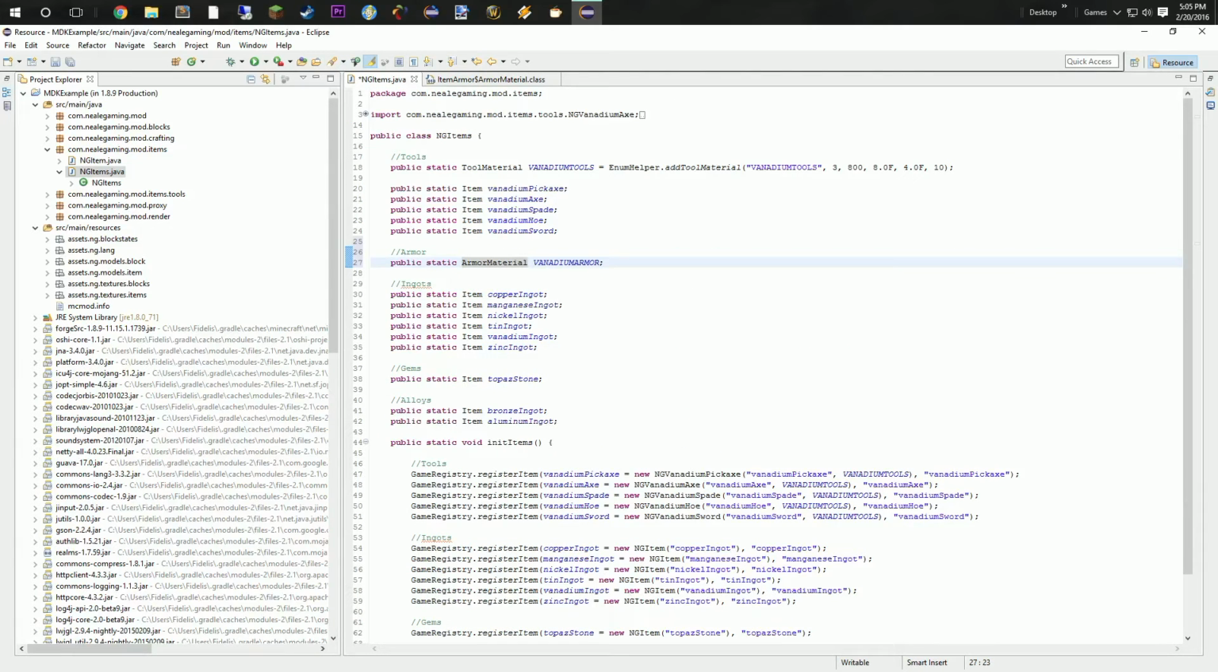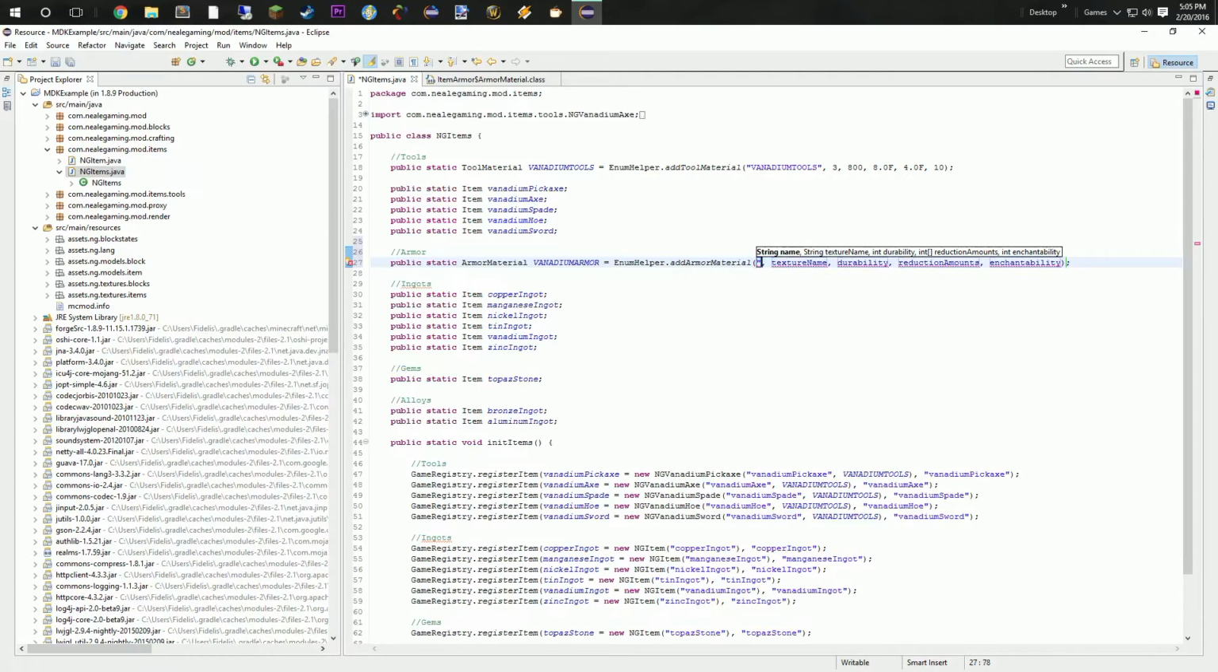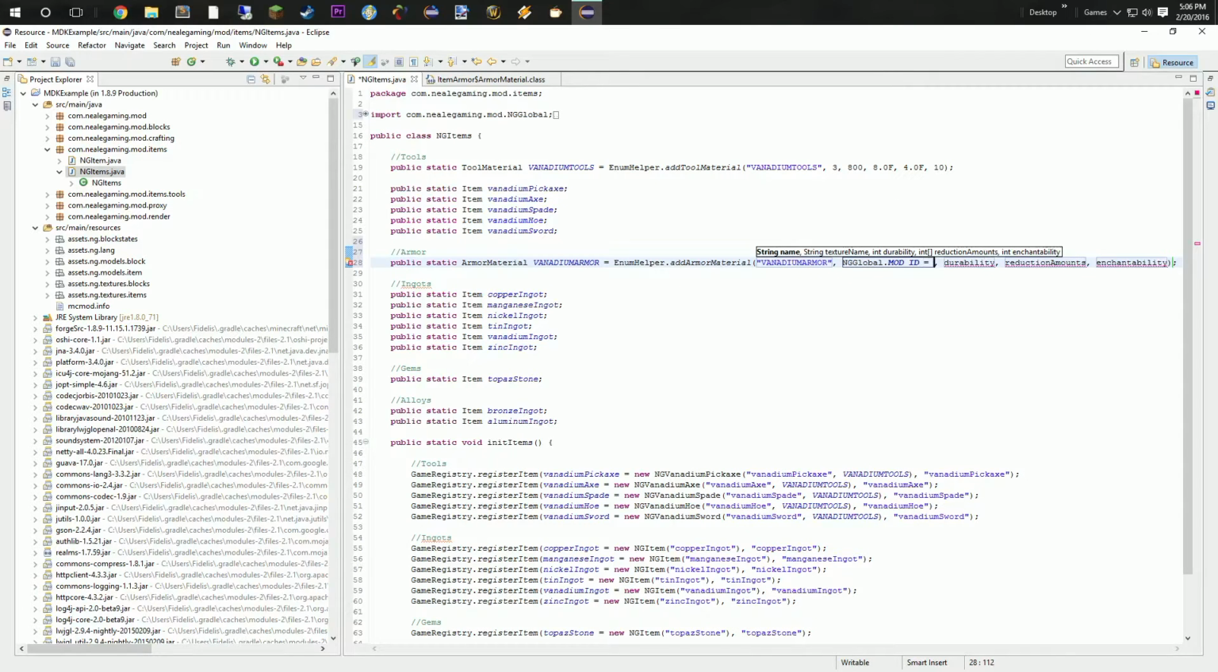So what we're going to do is call EnumHelper again, and this is going to be addArmorMaterial. Our name is going to be vanadium armor. And it wants our texture name. So what we're going to do here is call our mod ID, plus a colon, plus another, there we go. And then this is essentially going to be